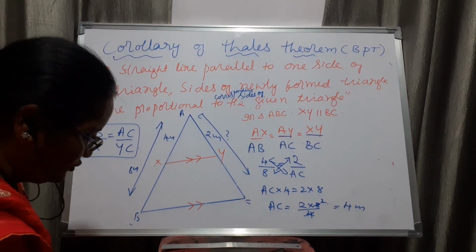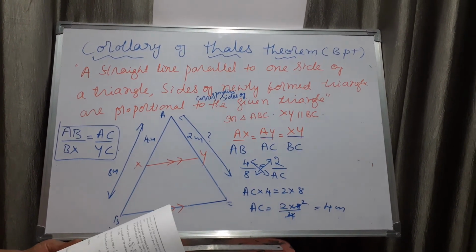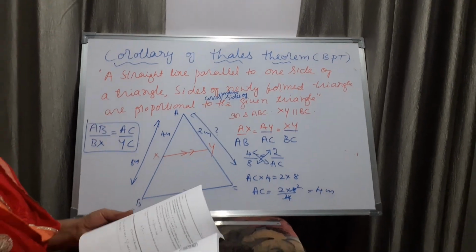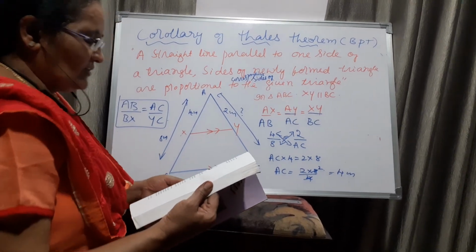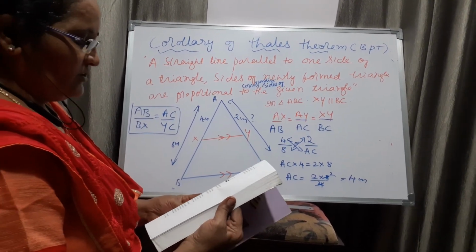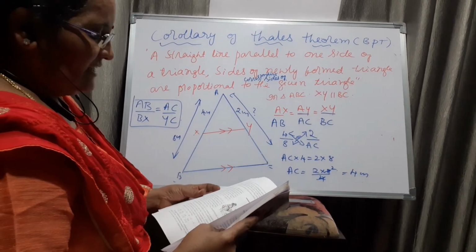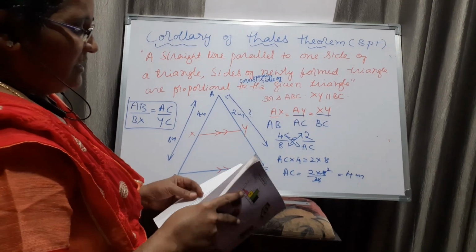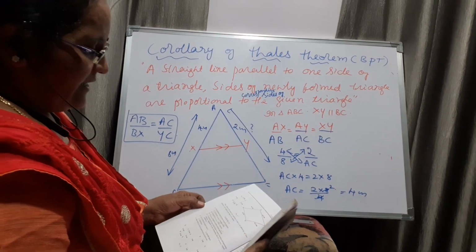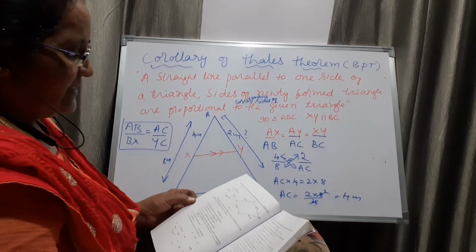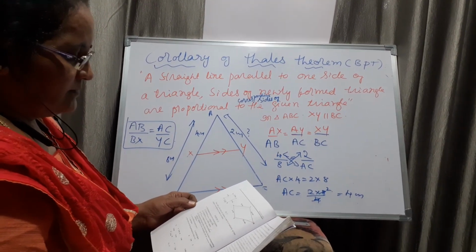Before that, you should know the meaning of similar triangles. See the exercise I gave on the last board. In the triangles chapter, starting from page number 25 of the textbook, you write down what is the meaning of similar triangles. After that there is no need for examples. Then exercise number 2.1: in that, 3 mains are there. Fill in the blanks using the correct word given in brackets.